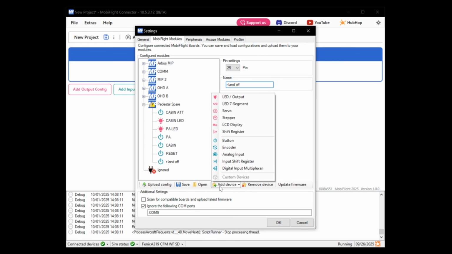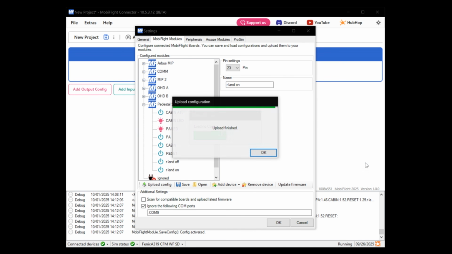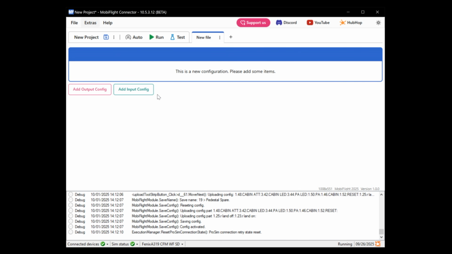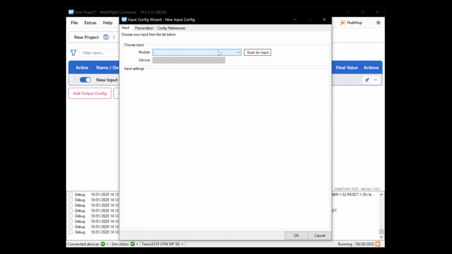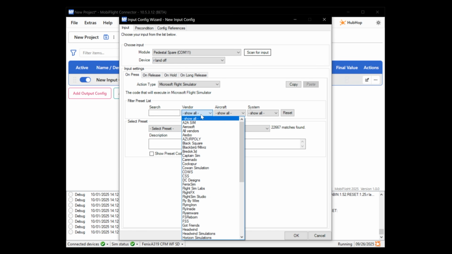and add another device, button, and the other pin on the toggle switch, which was pin 23, and that's going to be right land on, and upload config, OK, and now we need to assign it to an input. So we're going to add an input, and we're going to go down to pedestal spare, and device is right land off. So now on press we're going to go to Microsoft Flight Simulator, we're going to go to Phoenix,